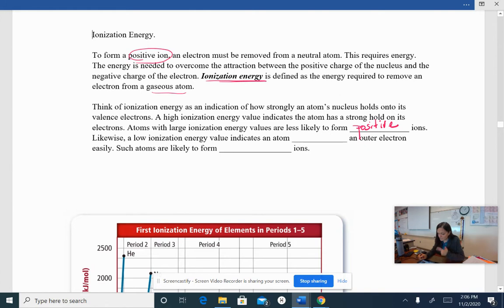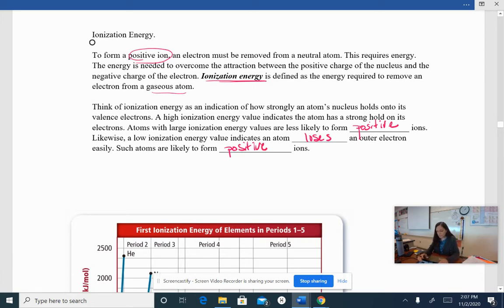So low ionization energy values mean that an atom loses outer electrons pretty easily, and such atoms are very likely to form positive